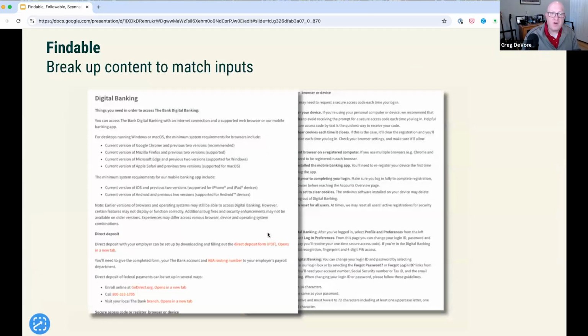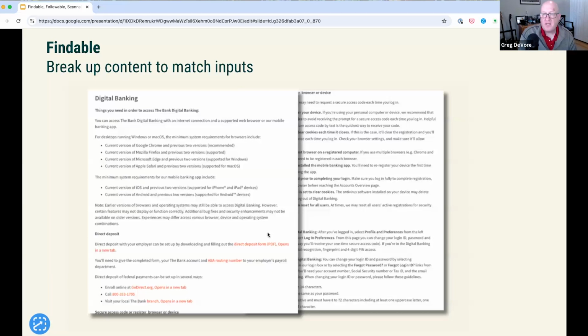So how do we make this findable? We need to match our article titles to the inputs they're receiving. The first step when we work with clients: the biggest mistake we see is you'll have these big procedures that have multiple inputs in them, so they have articles for multiple inputs. It's like digital banking, and now this is everything I could possibly need to know about digital banking.